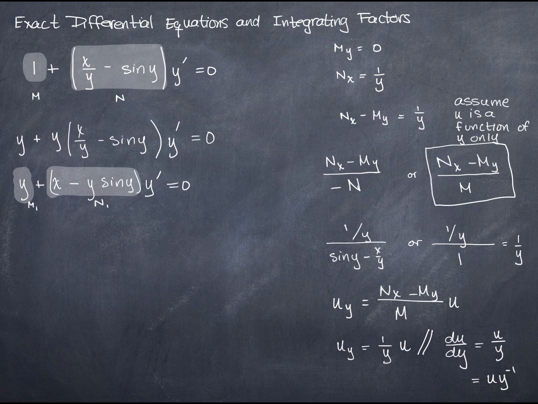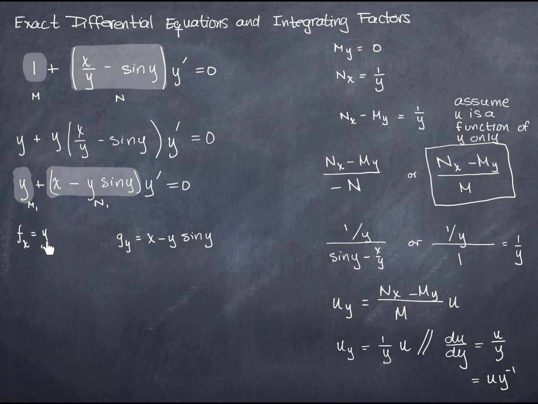I'm going to call that function f for now. The derivative of f with respect to x is y. And this other piece right here is the derivative of some function with respect to y. I'll call that one g. The derivative of g with respect to y is x minus y times the sine of y. And then my job here is to figure out what f and g are, and they have to be equal. All right, so f, since I've differentiated it with respect to x, y is a constant,